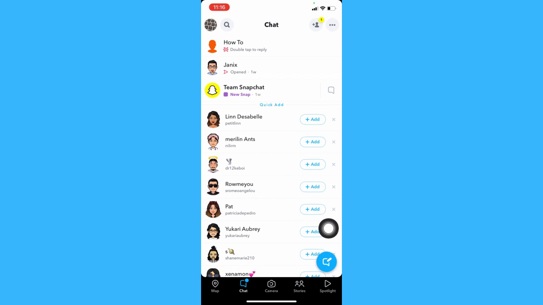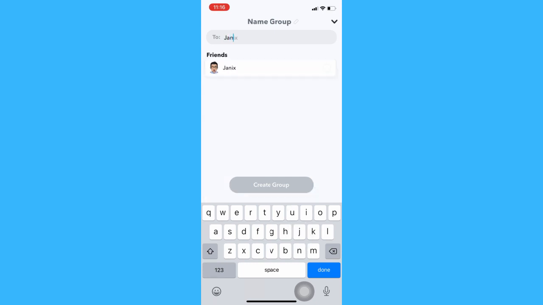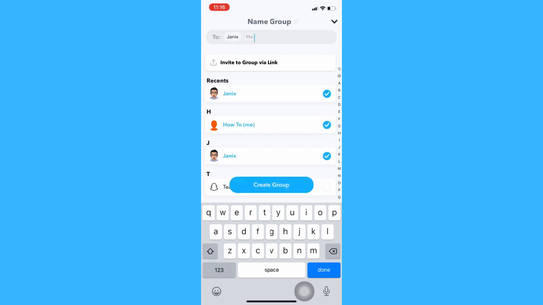Afterwards, click on that compose button and then click new group. So, in this section, you may search for the people or the users that you want to include in your group. So, select those users